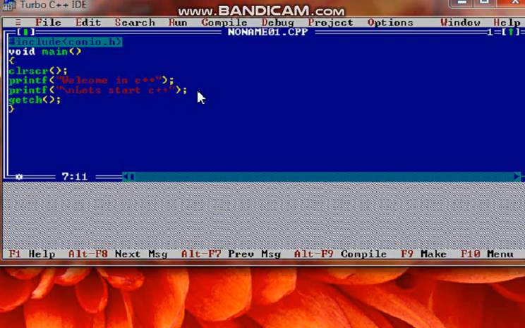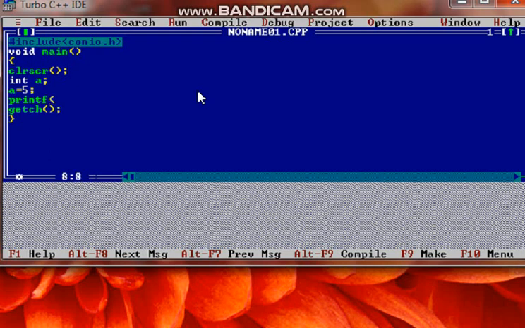Now we want to print a value. If we want to print a value, what should we do? To print a value, we have to take a variable first: int space a semicolon, because in C or C++ we store values in variables. So I have declared a variable. Now I am assigning value 5, semicolon. Now I want to print this value, not a message.